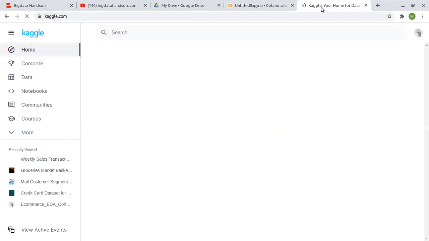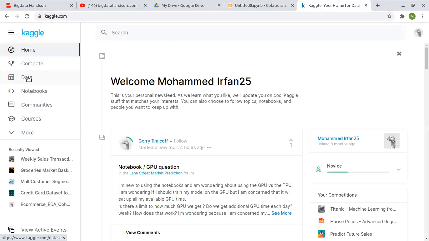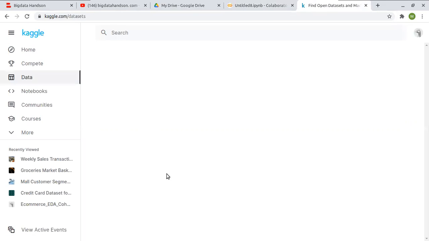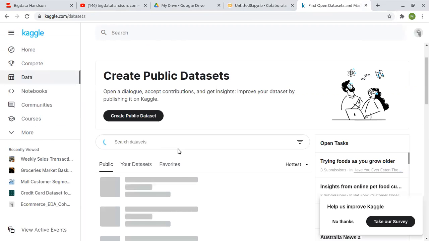On the Kaggle website, go to the data tab and search for churn modeling. It's a classification dataset.